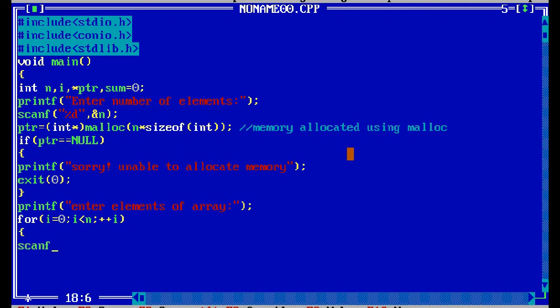In this scanf("%d", ptr plus i). sum plus equal to *(ptr plus i). printf("sum equal to %d", sum).